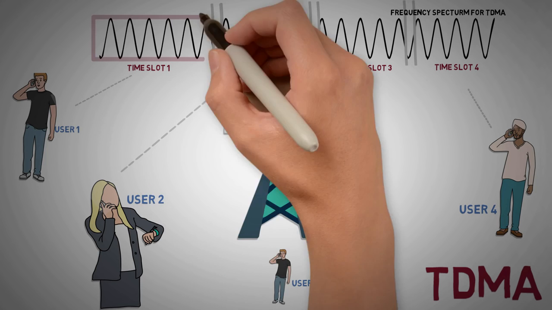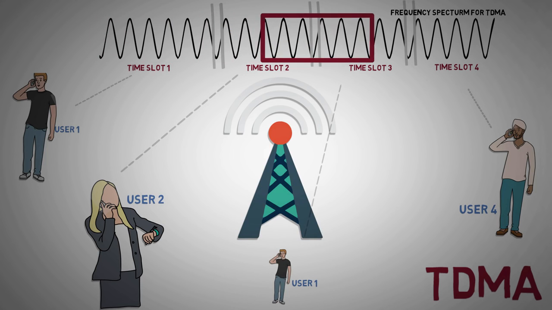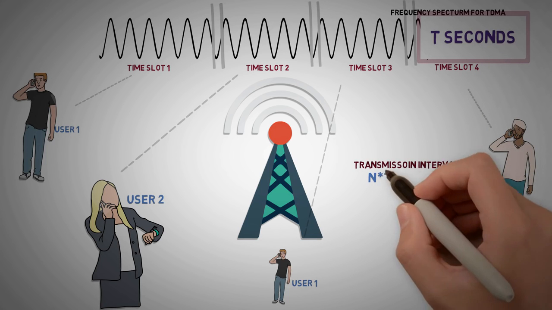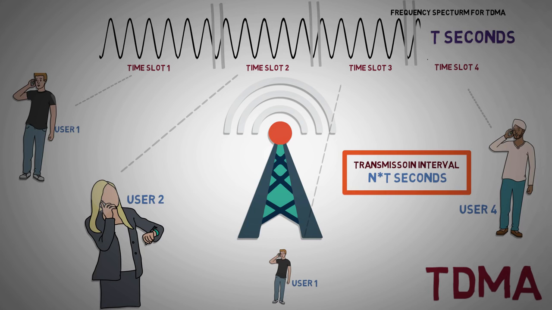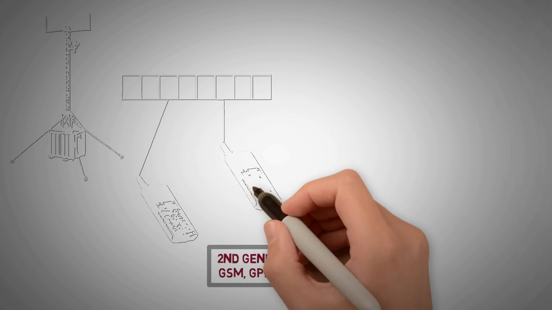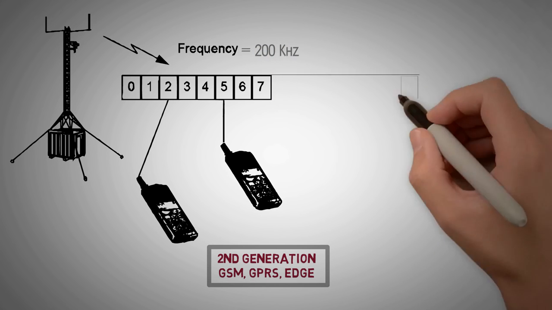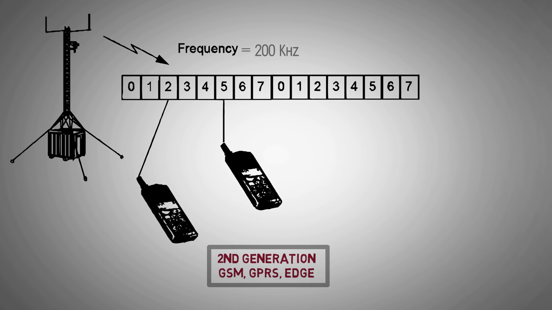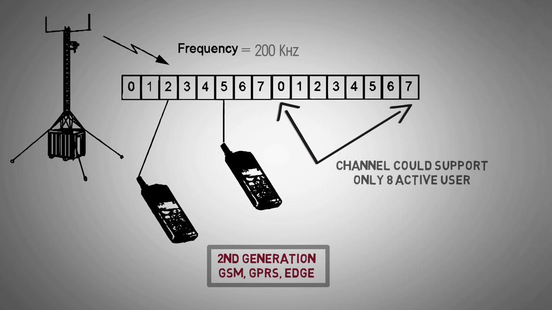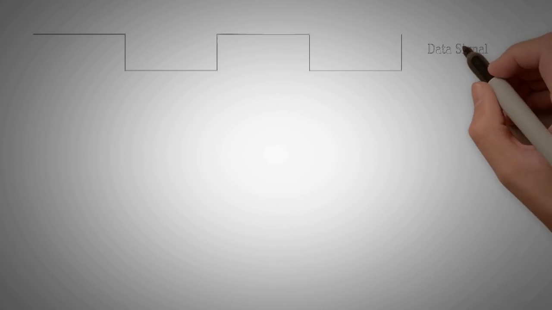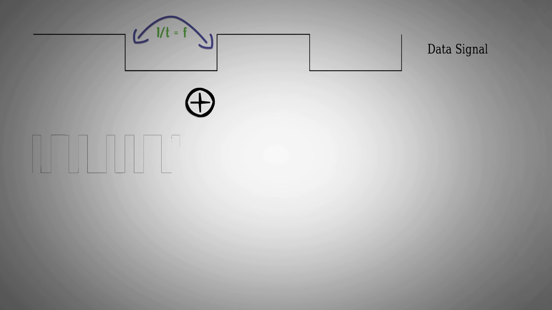time slots. Thus, in an N-channel TDMA, where each channel is given a time slot of 2 seconds, signals coming from each user will be transmitted at intervals of N into 2 seconds. This technology was used in the 2G systems like GSM, GPRS and EDGE. Each user was provided one of 8 TDMA slots in a bandwidth of 200 kHz. Dynamic resource allocation meant more users could be supported, but each channel could support only 8 active users at a time. CDMA, based on code division multiplexing, is a technique in which the data bits are modulated by a high-frequency